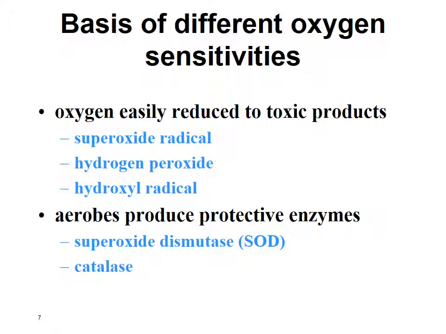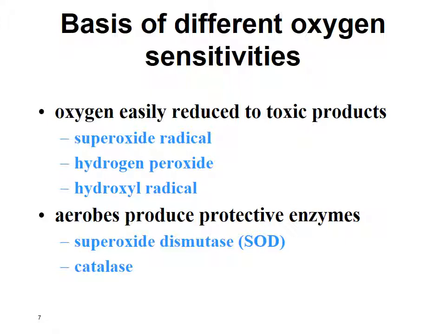So what's the basis of these different oxygen sensitivities? These different relationships with oxygen are due to several factors, including the inactivation of proteins and the effect of toxic oxygen derivatives. Enzymes, for example, can be inactivated when sensitive groups like sulfhydryls are oxidized. So let's think about oxygen. Oxygen accepts electrons and it's readily reduced because its two outer orbital electrons are unpaired.